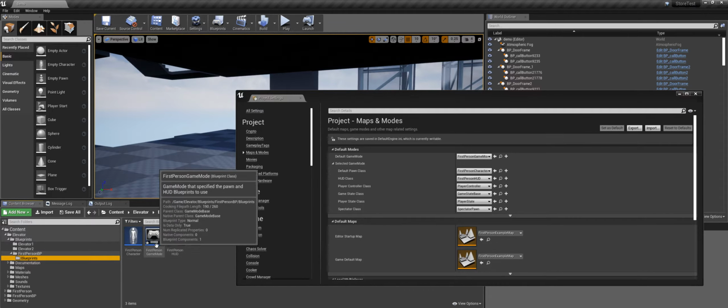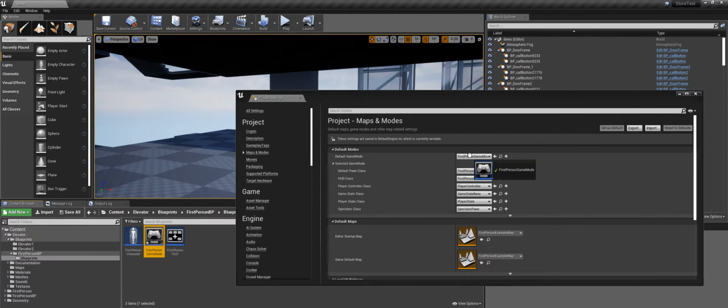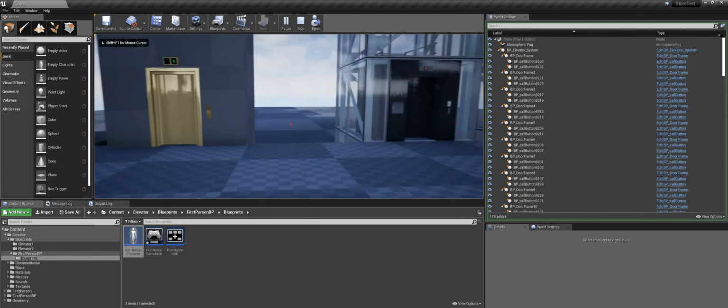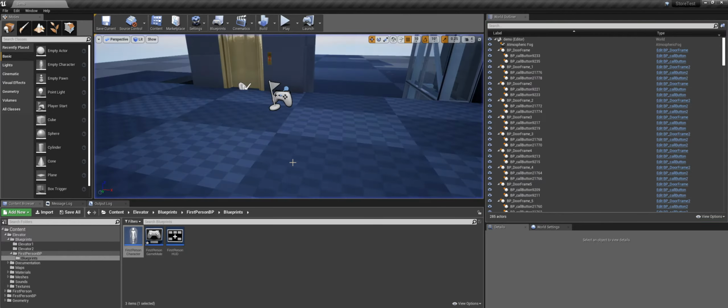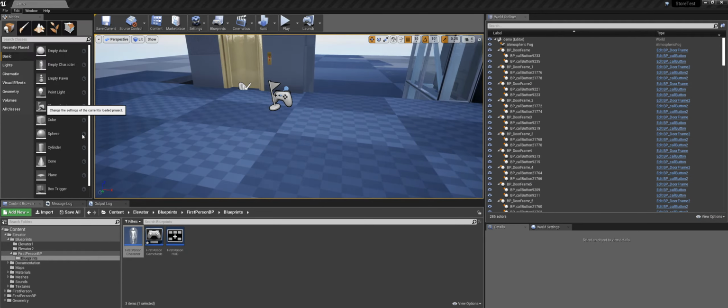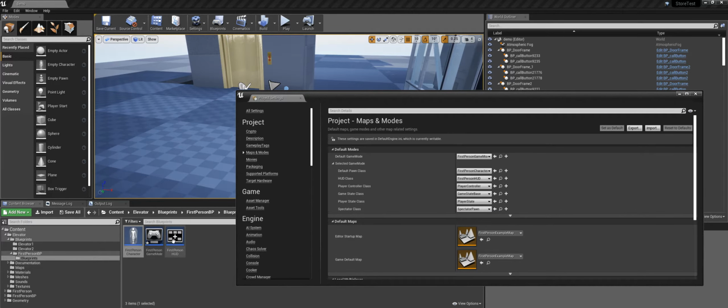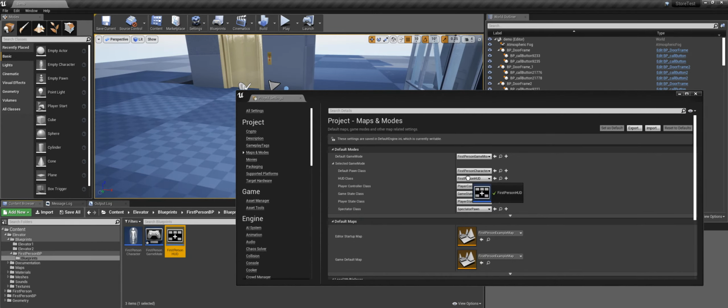Just drag this first person game mode into the default game mode, and then drag this first person character into your default pawn class. Once you press play, it should load up and show you the red crosshair. Oh, sorry, one more thing: make sure it's using my first person HUD. Go back to maps and modes and make sure it's using the first person HUD. These are the ones I created inside of my elevator package,